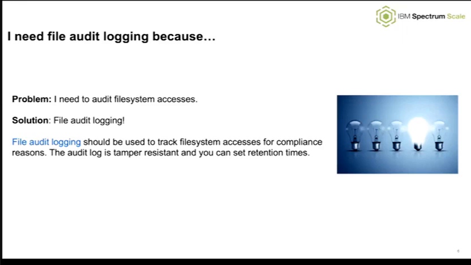We get the events generated when the file system accesses occur, and we store the who, the what, the when, etc., and store these records of information in a tamper-resistant file set and allow you to set the retention times or expiration dates of the audit logs themselves within the file set. By default, the file set is created in IAM mode non-compliant, which, as I said, means the root user can change the expiration dates of the audit logs. You can also choose to enable file audit logging in compliant mode, which means not even root can change the expiration dates. Next slide, please.